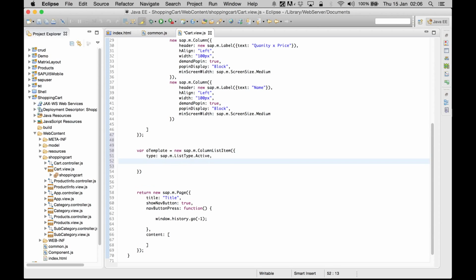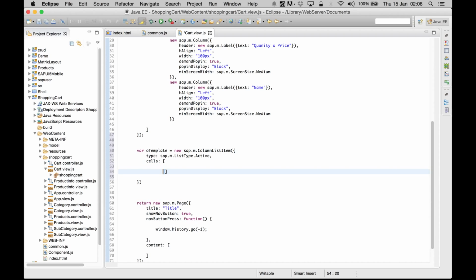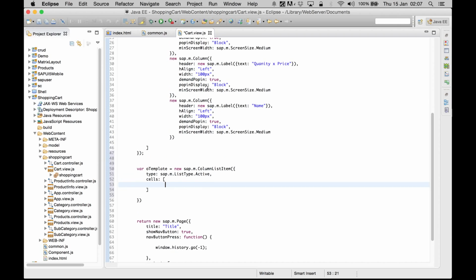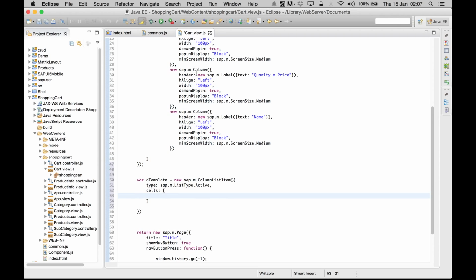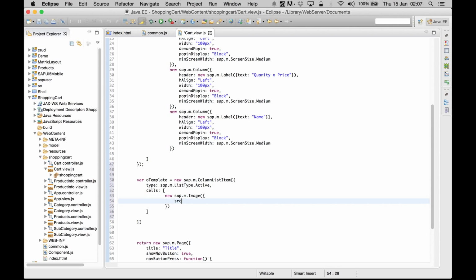And after this, we are going to add the cells inside this. So there are going to be 3 cells because we have 3 columns over here. And the first one is going to be the image. So we are going to write new sap.m.Image. There's going to be an object whose src is going to be